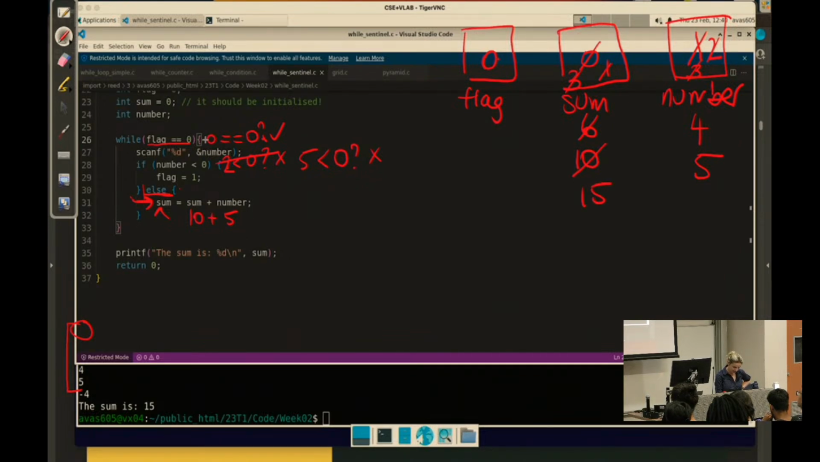Great, I'm going to go back in, check, the flag is still good. So I'm going to go into my scanf. I now enter a -4. So now I'm going to put a -4 in here, and I'm going to check, is -4 less than 0? Yes, it is. So what happens is I'm going to go in here, my flag is now going to be set to 1. I'm going to exit out here, check again,